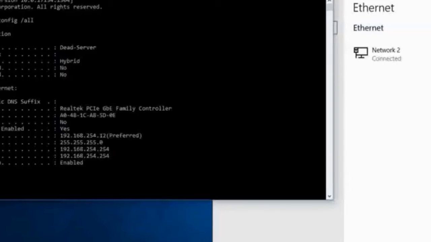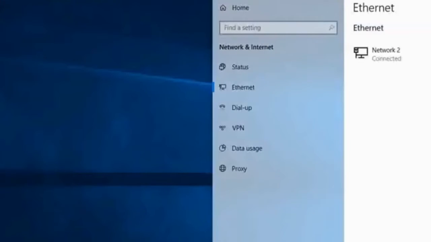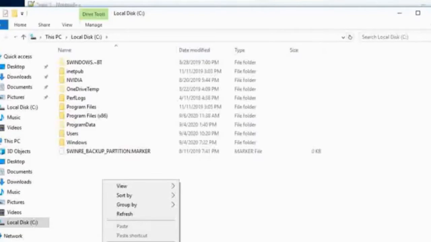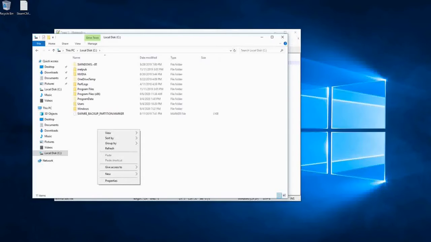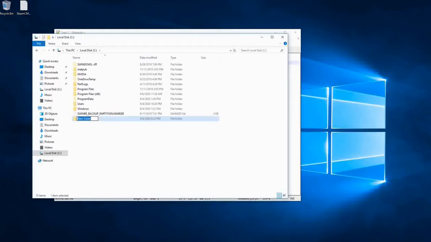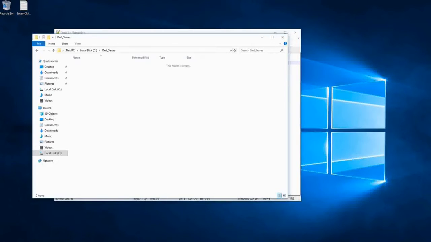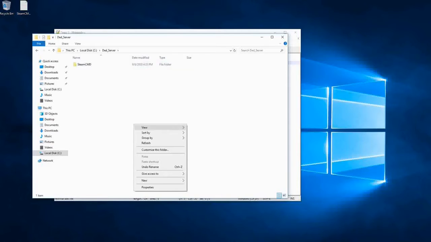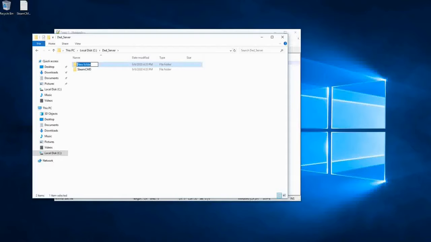Alright, once those are closed, we're going to go into our file explorer and we're going to the root of C and we're going to create a directory there, folder, and we're going to call it dead server. Now you can name it anything you like. Inside dead server, we're going to create a couple of other directories or folders, one of them being SteamCMD and the other is going to be our 7 Days to Die server directory, and I just abbreviated as 7 Days